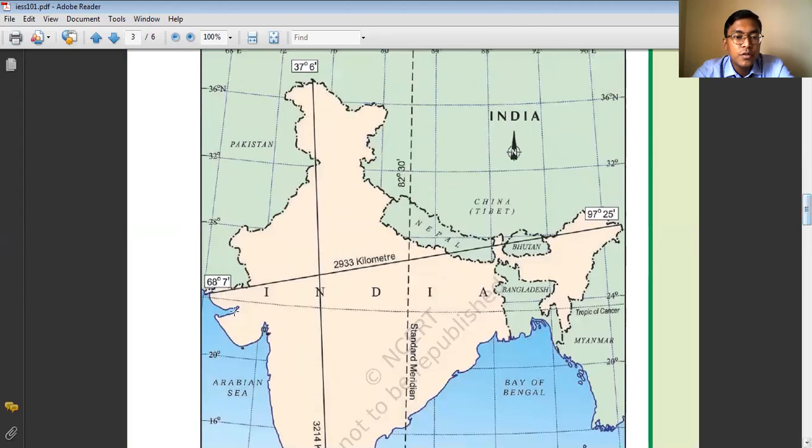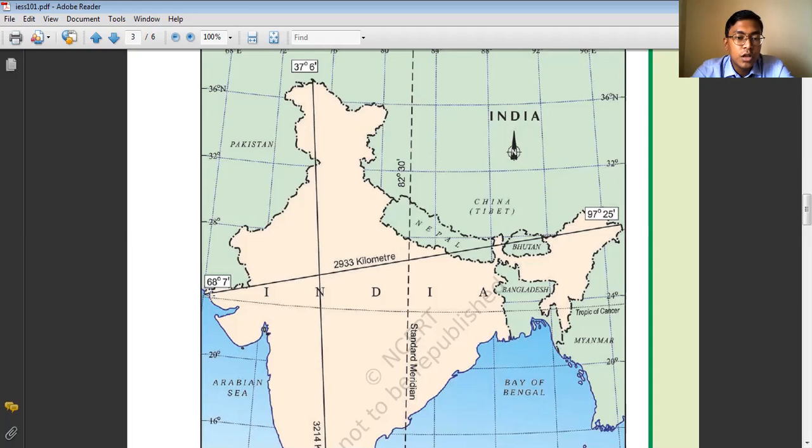Okay, land boundary basically refers to this: where it is written 68 degrees 7 minutes in the map, from here, if we move along the border of the country, this way, and we reach again this part in West Bengal, just above the Bay of Bengal here, the total length is 15,200 kilometers. It is the land boundary of our country, actually.